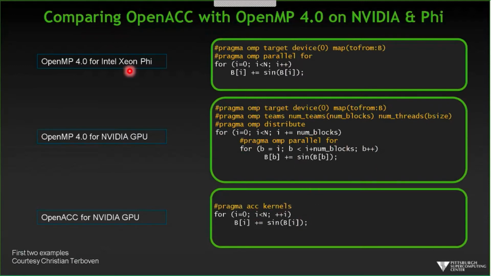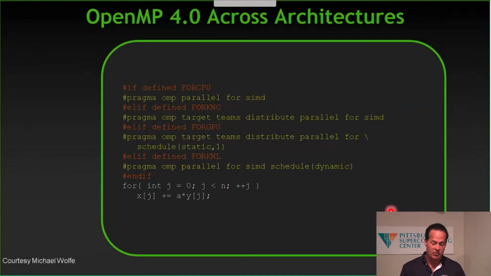If you're writing OpenMP 4 on a Xeon Phi, it's pretty straightforward to parallelize a loop. It looks like this. If you're using OpenMP 4 on an NVIDIA GPU, it's a little bit more complicated. On the other hand, if you're using OpenACC on an NVIDIA GPU, it's very, very simple with the kernels command. So if you put enough of these examples together, and I have a few here that you can stare at,